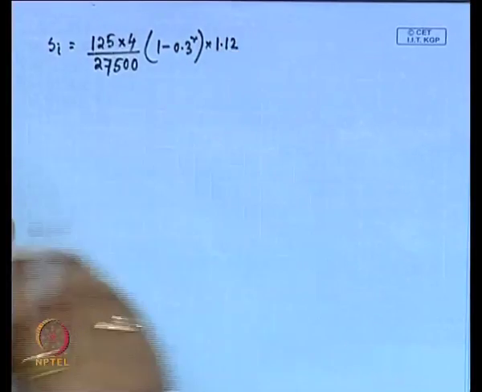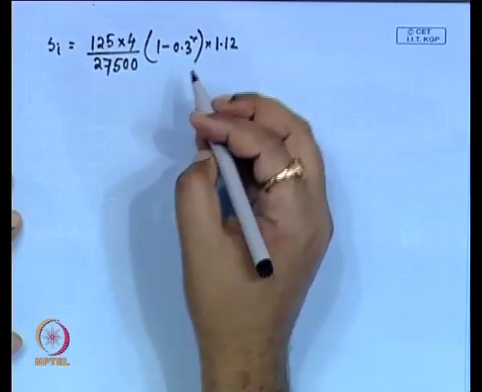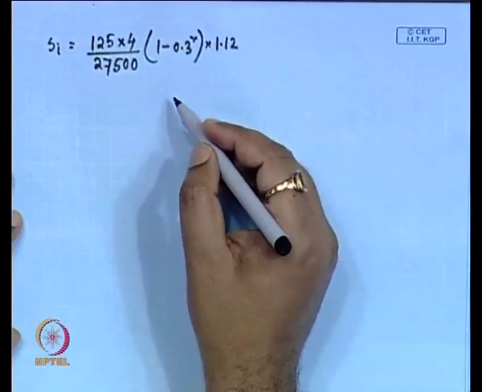Now, in this calculation you have to use the correction factor, because here this is an isolated footing. So, this is flexible, this is not rigid, so rigidity correction is not required. This is a sandy soil, so consolidation correction is also not required. So, only the depth correction you have to apply here.